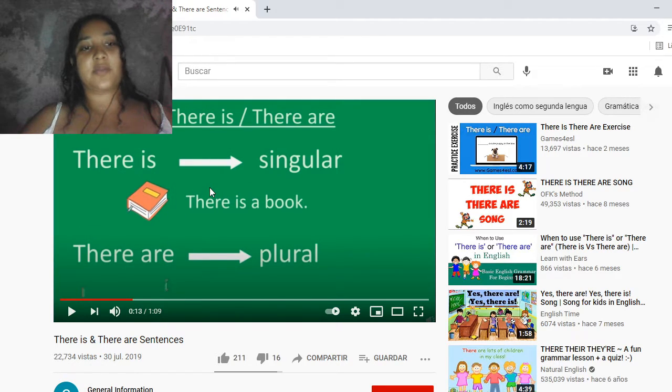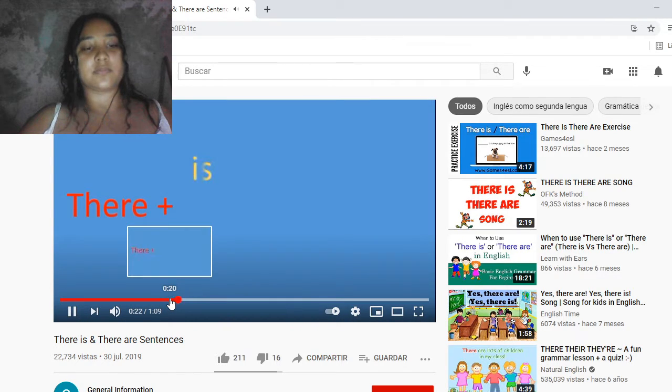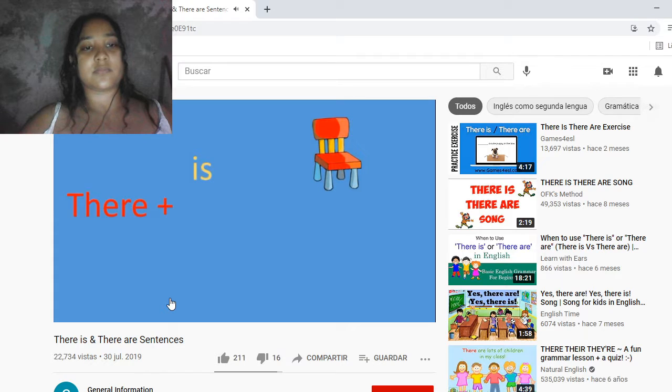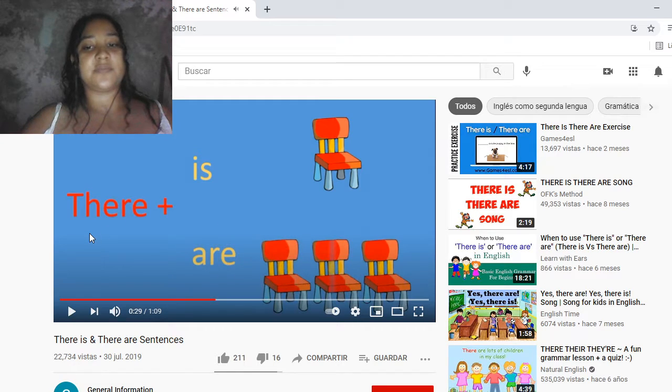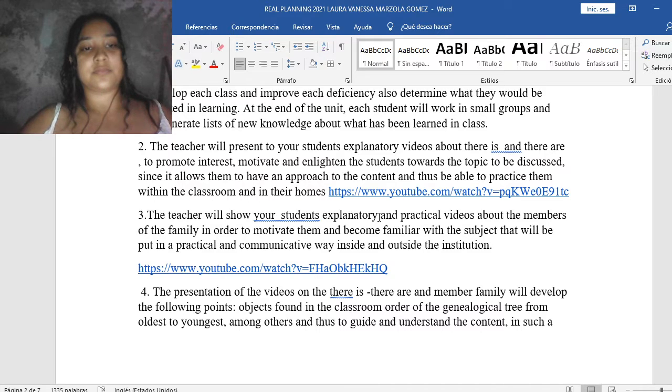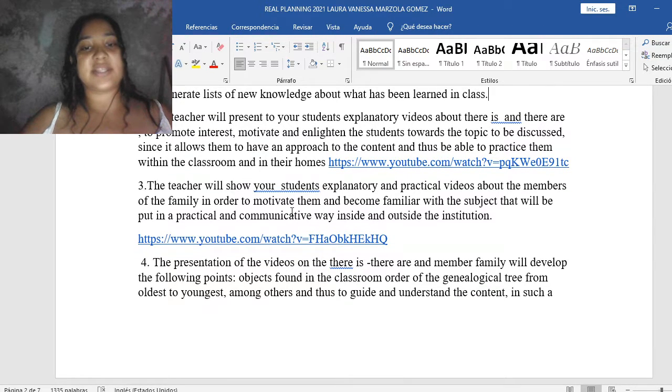The video plays. How do the students use "there is" and "there are"? Explain what is singular and what is plural, and put an example. This is "there is a chair," and this displays "there are the chairs." In the same way,